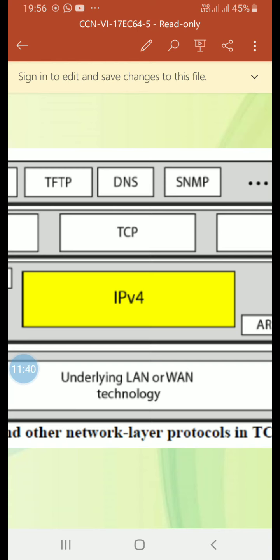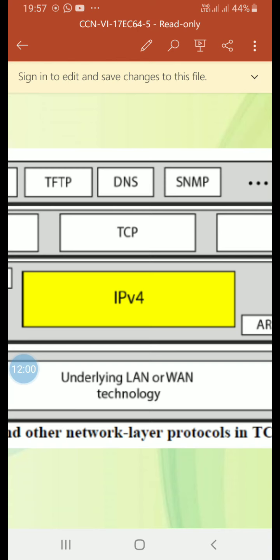The post office itself does not keep track of every letter and cannot notify the sender of loss or damage of one. IP version 4 is also a connectionless protocol that uses the datagram approach.